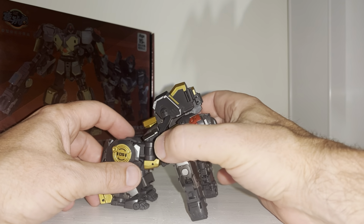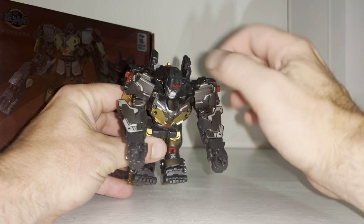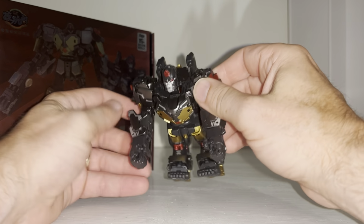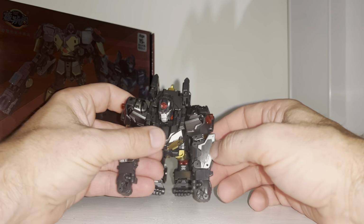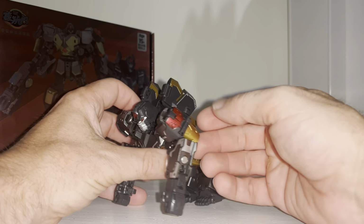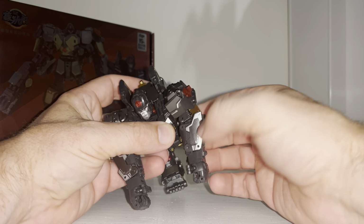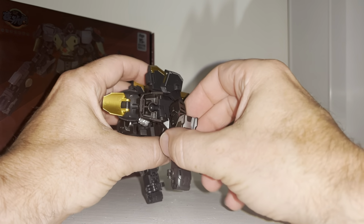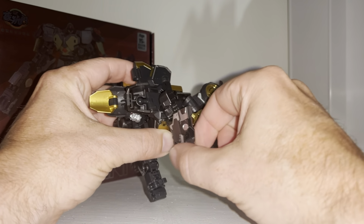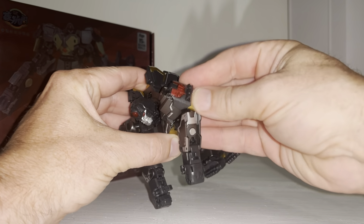I suppose the negative thing is really, even though obviously he's a gorilla, he doesn't have that much articulation, or he does, but it's hindered by everything, and it just means moving and maneuvering everything about. So obviously the shoulder joints for the arms are here, but the range of motion is restricted unless you lift up all of the shoulder thing out the way. If you move this out the way, same as with robot mode, you've got full range of motion with this completely, but obviously it's covered over